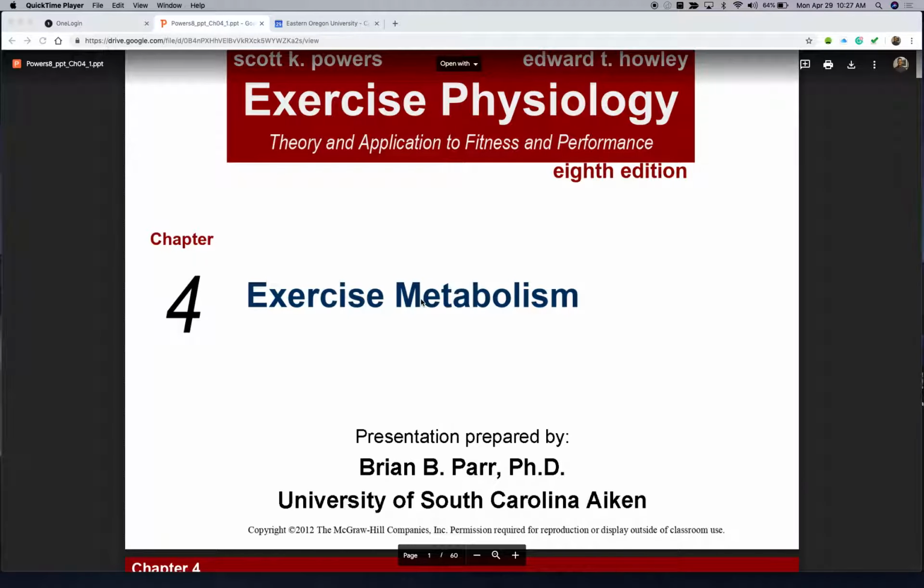So this chapter, chapter 4, is going to be a much shorter push, but nonetheless, it's the application of all of the cellular energy production and bioenergetic material that we've been learning the last couple weeks. This is how we apply it to the state of exercise. And if we understand it in the context of exercise, then we can understand its disruption in the context of other things like disease states.